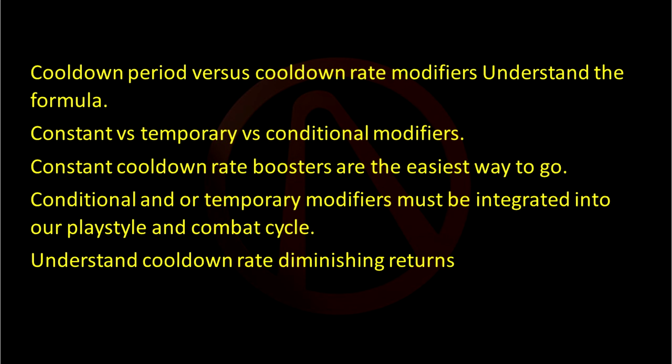Okay. Constant cooldown rate boosters are the easiest way to go. They do require us to expend skill points or allocate a class mod or artifact passive, but since they are always on, we need not worry about them once equipped. Conditional and/or temporary modifiers, by contrast, must be integrated into our playstyle and combat cycle. Whether it be kills, crits, or maintaining a full shield, that needs to be part of our strategy. Understand cooldown rate diminishing returns. Cooldown percentage in constant versus temporary versus conditional matters, but so does the combined effect of all rate modifiers